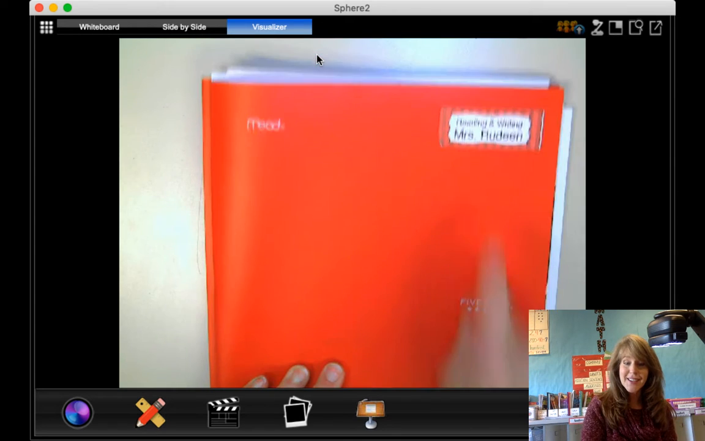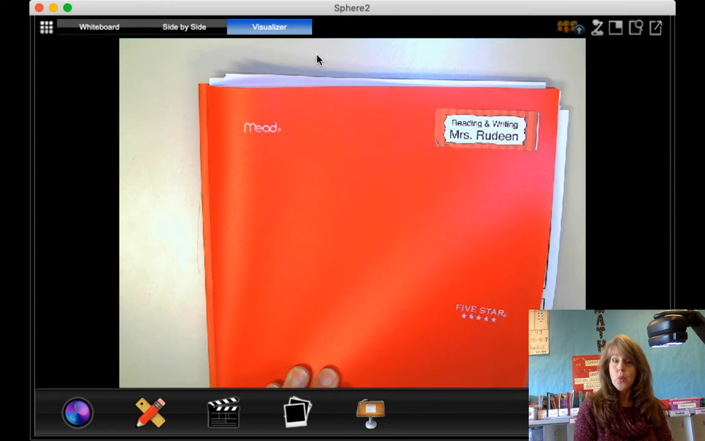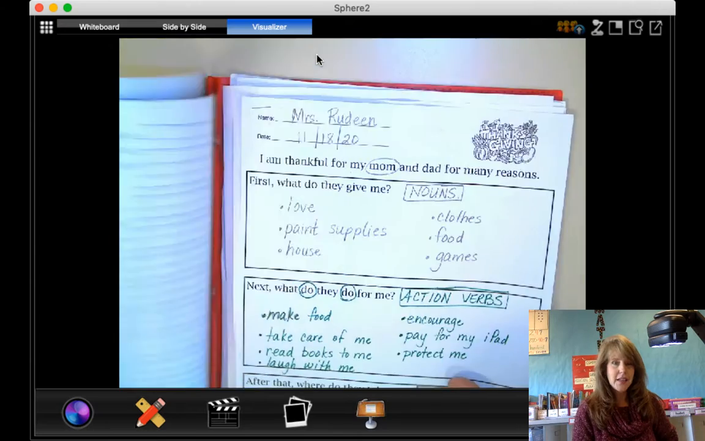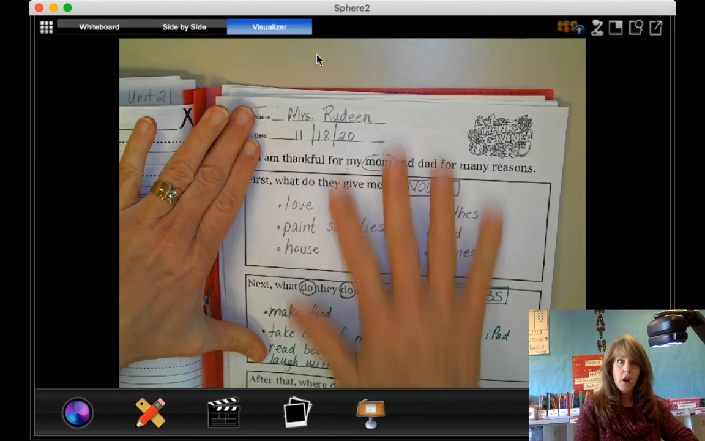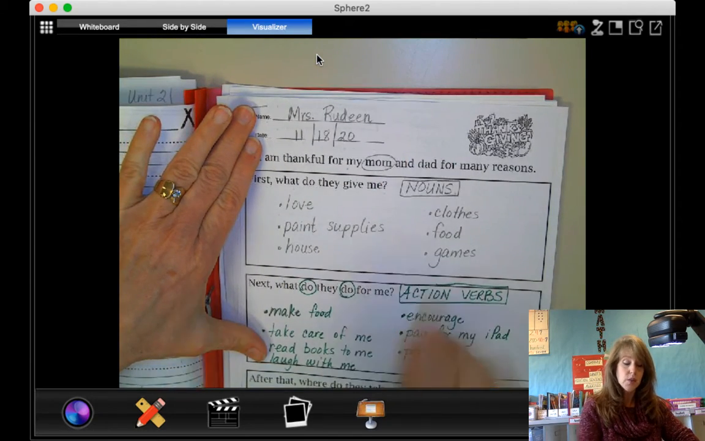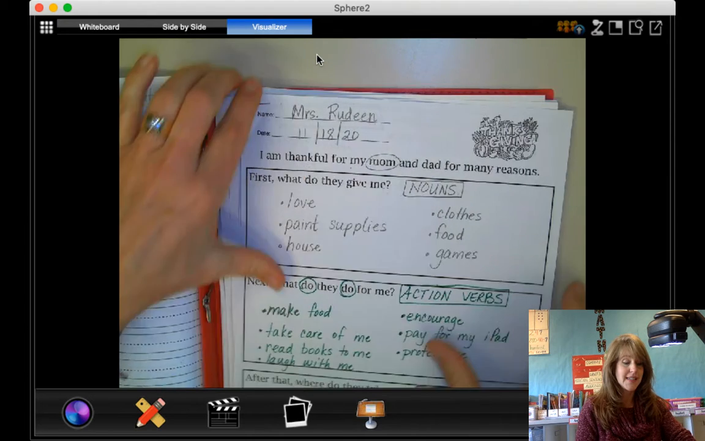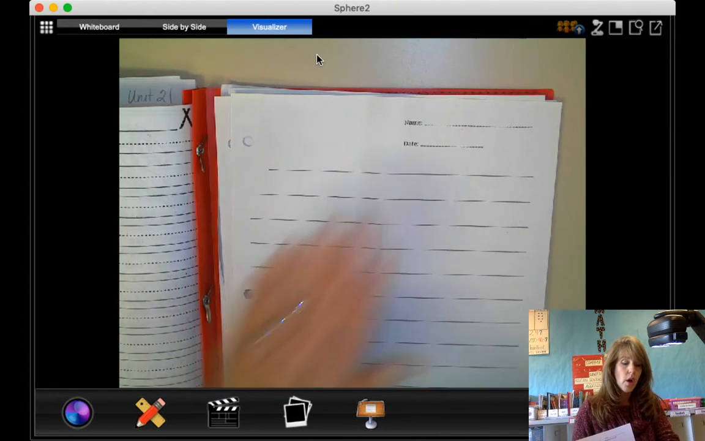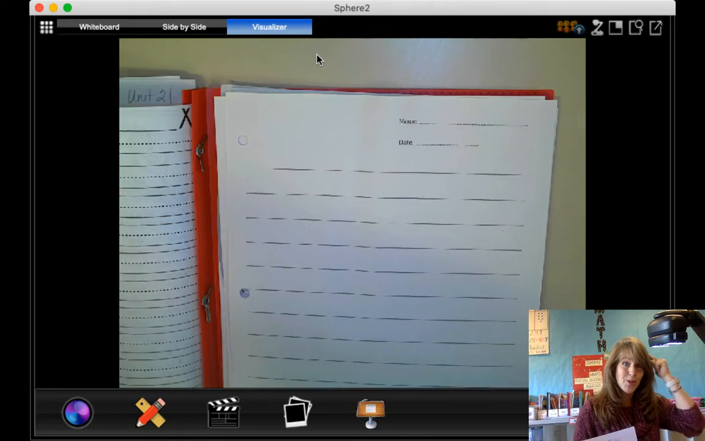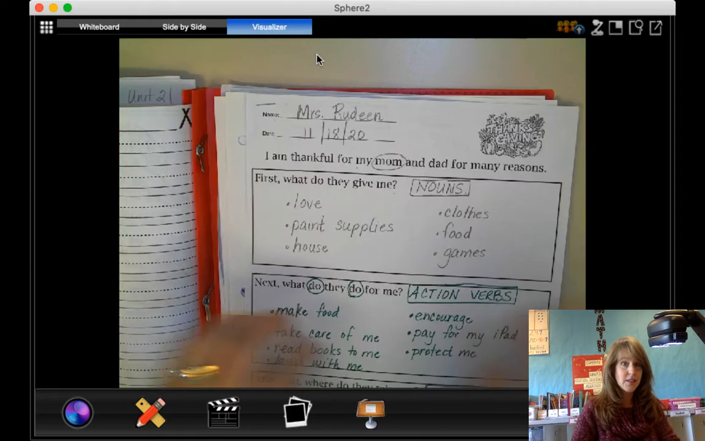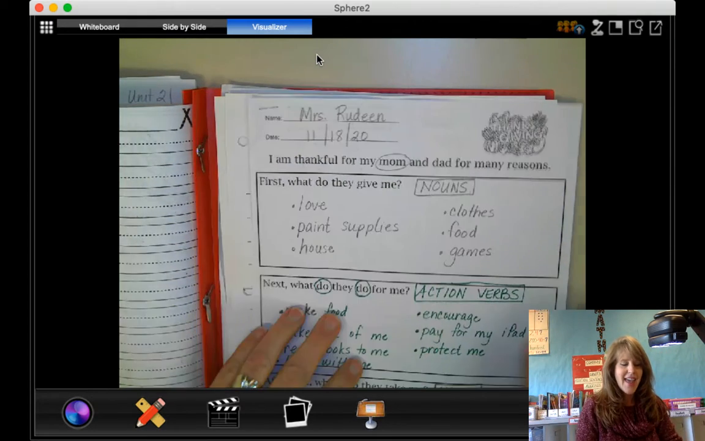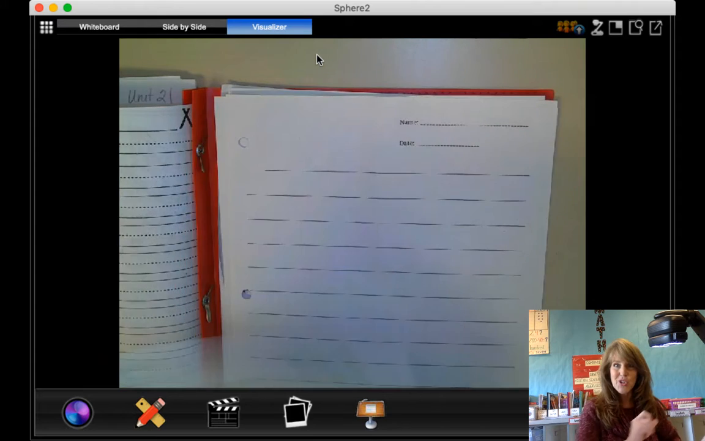My friends, it is writing time. So we pull out our red folder, and in our red folder is our list of ideas that tell us why we are thankful for our moms and dads. And then behind that is also a paper where we're going to write our ideas. This was our brainstorm, and this is where we actually get to write all the reasons why we are thankful